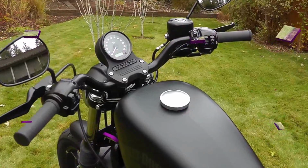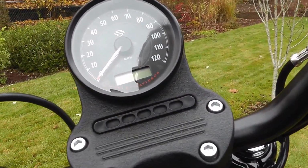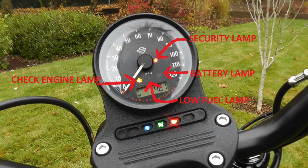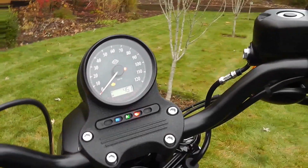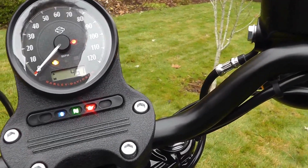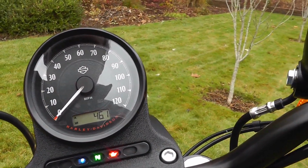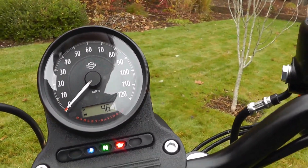Alright, we're going to check out the instrumentation, or the instrument panel, or the instrument cluster. Turn it on, and you've got your indicators, your idiot lights here. You've got your high beam, neutral, oil. Of course, the high beam goes out. We turn the high beam off, and your